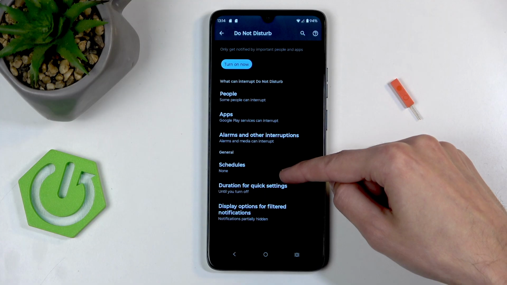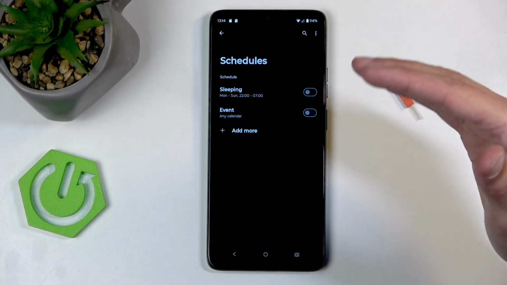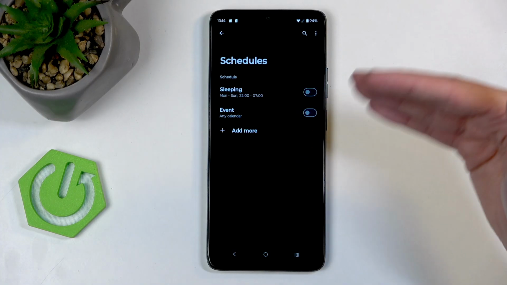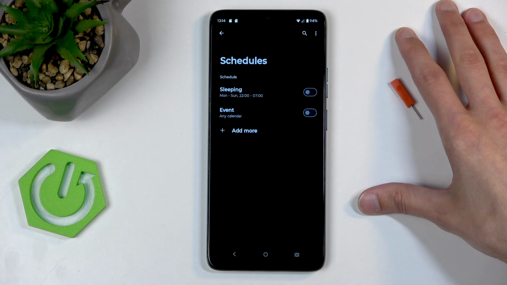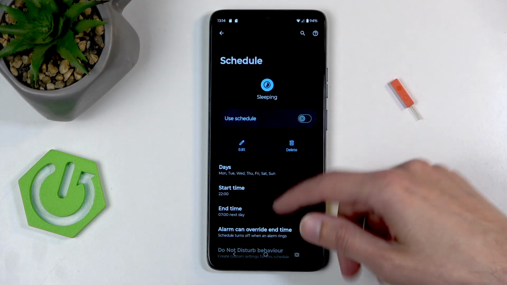Now below that we have Schedule, so you can select a fully automatic schedule at which your phone would automatically turn on and off the Do Not Disturb mode at a specified day of the week and start and end time. Now there is always one pre-made called Sleeping, and it basically runs all week long from 10 p.m. till 7 a.m. You can enable it, or you can also tap on the text and change